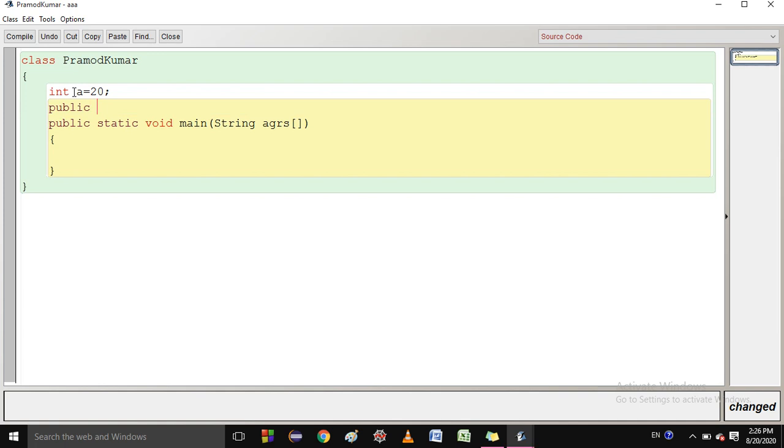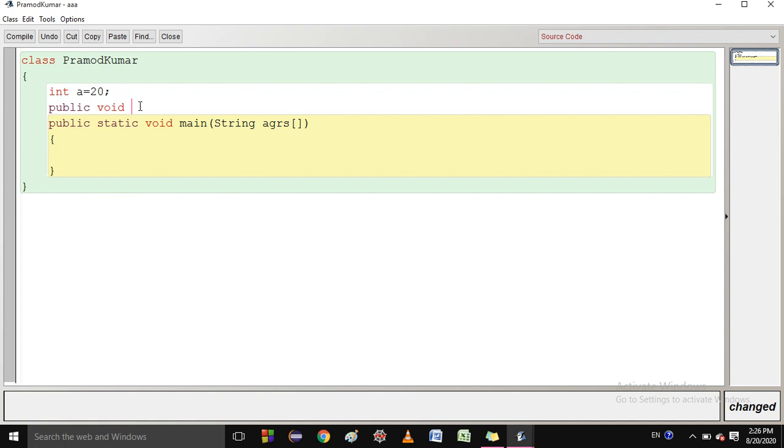There are four access specifiers in Java: public, private, protected, and default. I will discuss later what is the meaning behind this. But for today you should just remember to write the access specifier before the method name. Then after that there will be a return type. So void, which is also a keyword, means that the method is not returning anything. And after that you must write the method name.